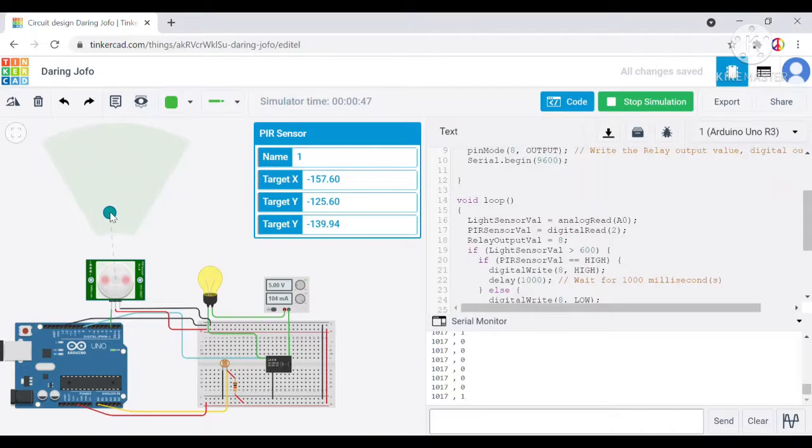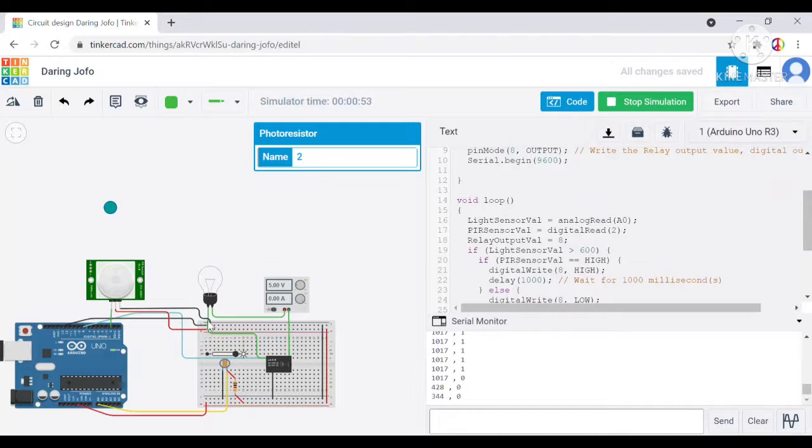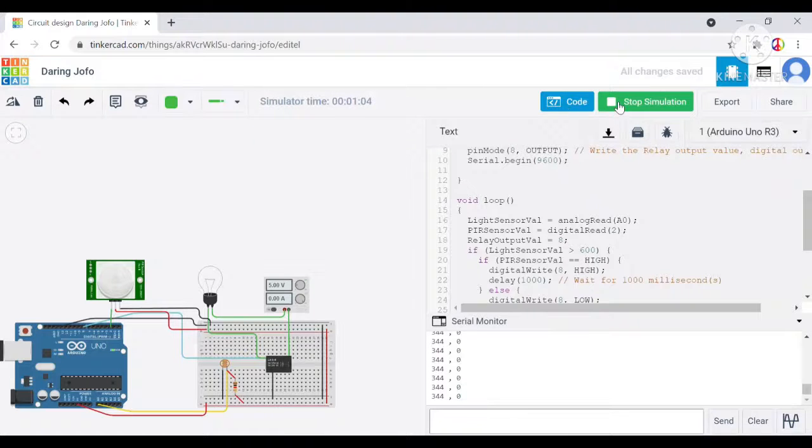Now see, the bulb is glowing. If I increase the light intensity, the bulb will not glow even if the PIR sensor detects a person. This is all about my part.